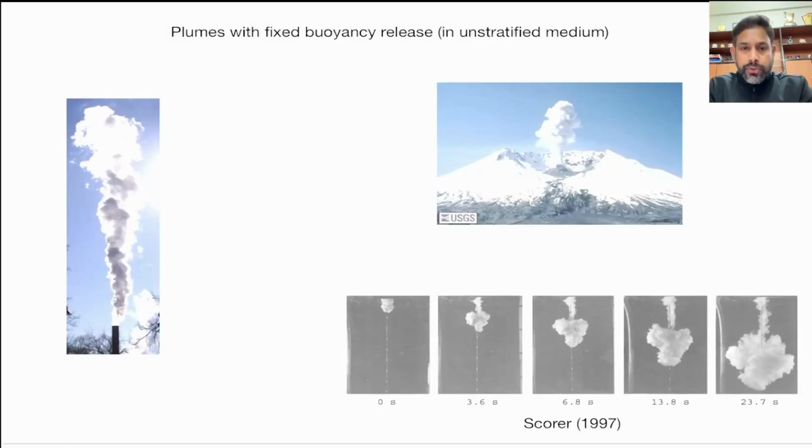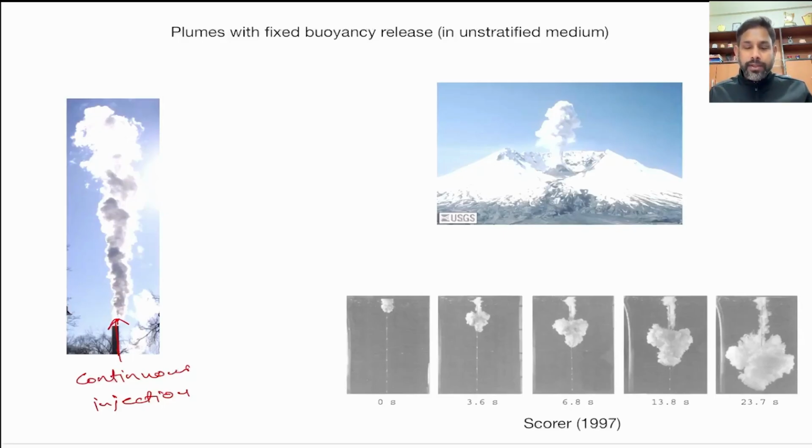So far we have seen plumes forming due to continuous release of buoyant fluid. And now we are going to see what happens if a fixed volume of buoyant fluid is released rather than continuous injection. So you see a few images here, and the first image that you see, this is something we have been seeing quite frequently, and this is with continuous injection. So when you continuously inject some buoyant fluid, it creates this kind of plume